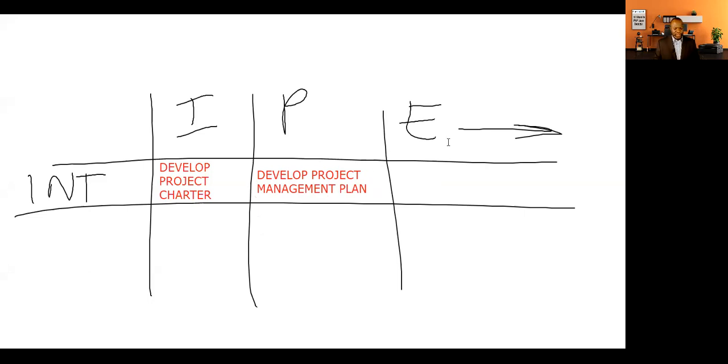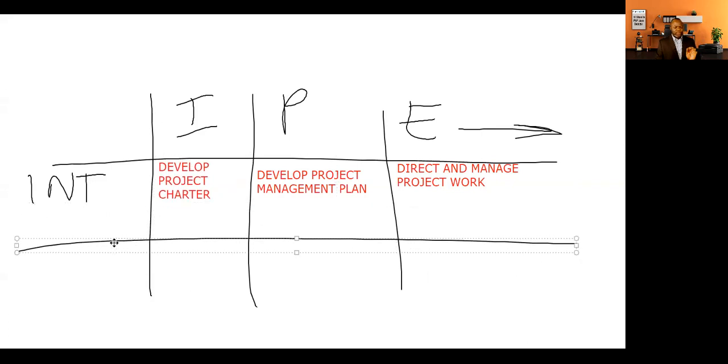Executing also intersects with integration, and we have a process known as direct and manage project work. And this is where, theoretically speaking, the schedule is manifested in the execution of a deliverable. So in other words, you are working to the schedule, you're working to the plan, you're working to the requirement, you're working to every specification to create a deliverable. And that's why it's integration. It's a melting pot of many knowledge areas to produce the deliverable, the final deliverable that hopefully the client, the